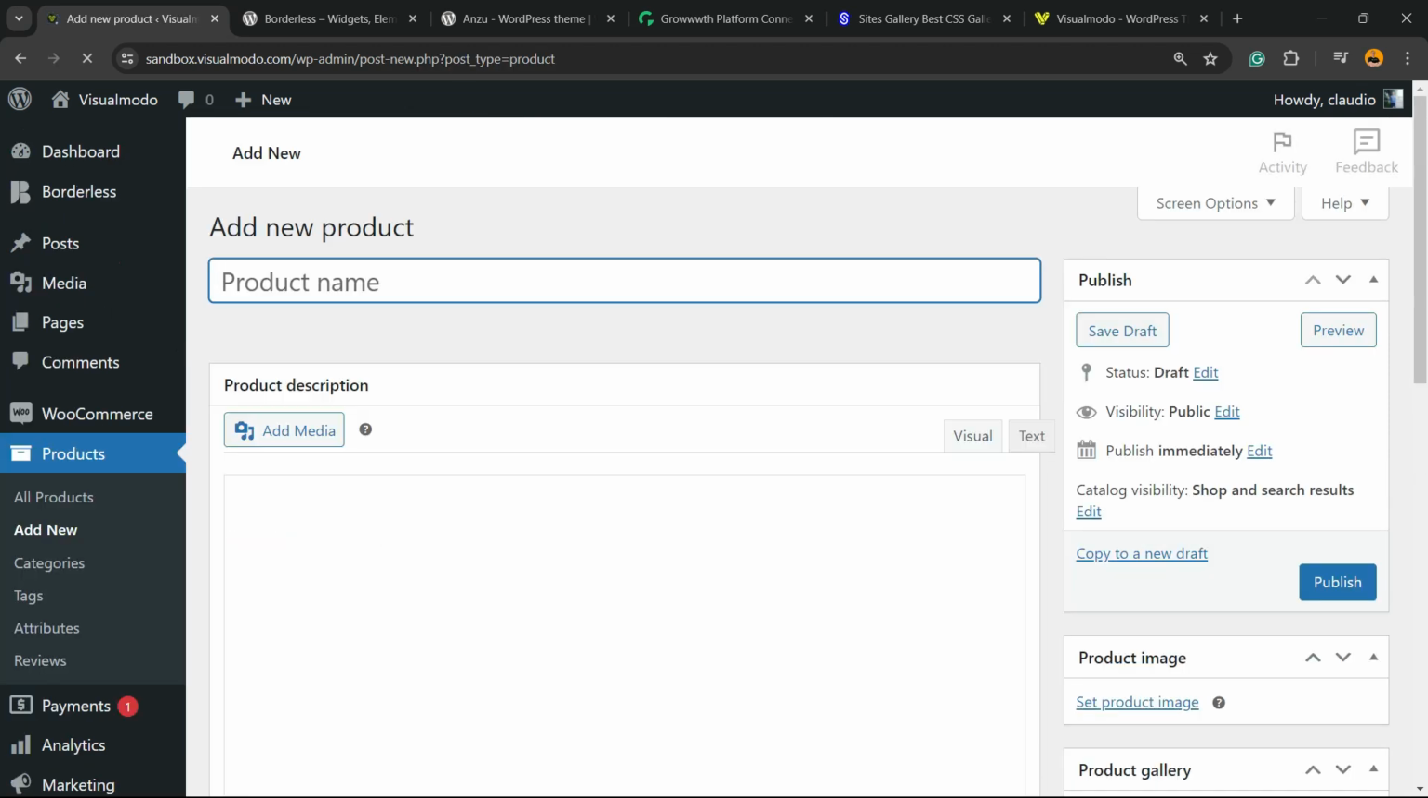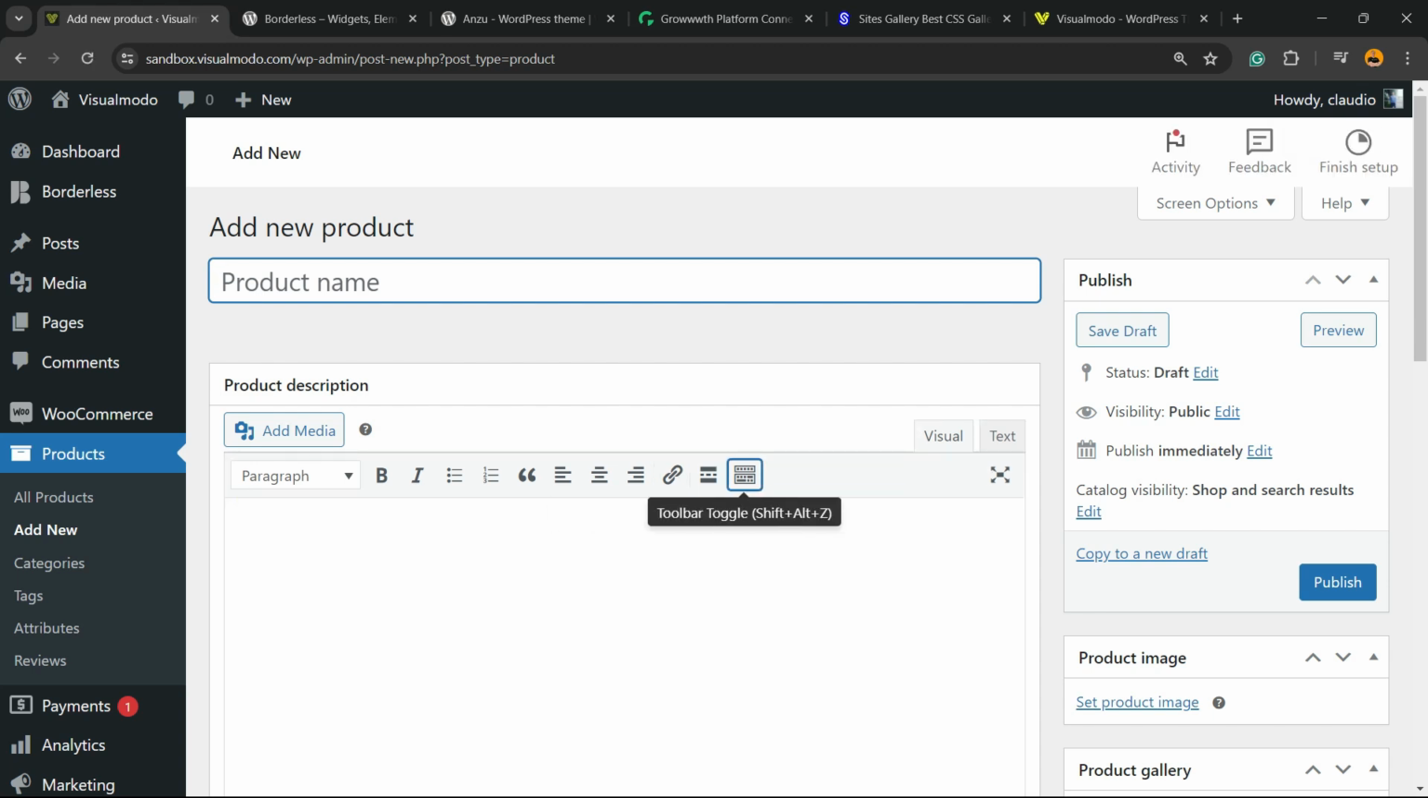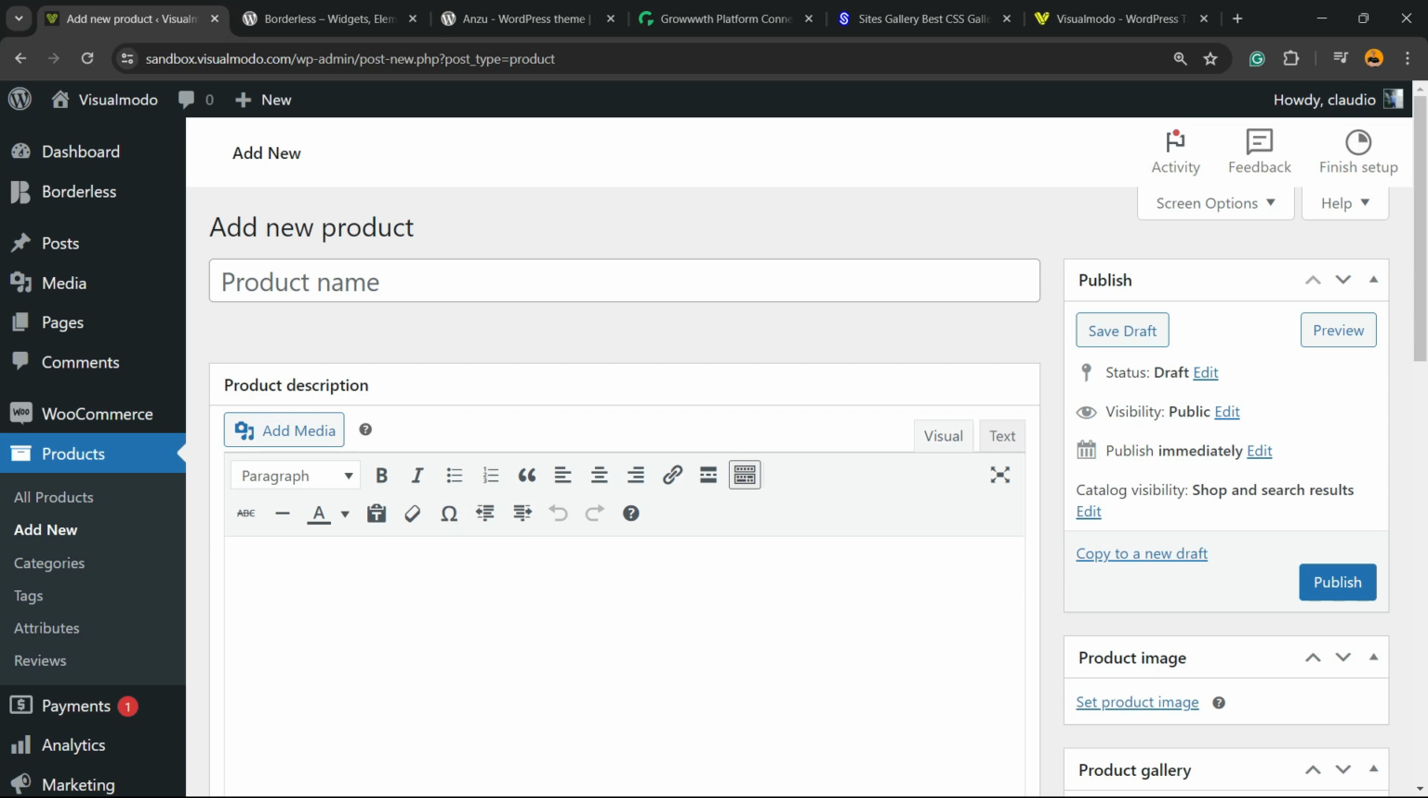Now we're going to be able to see this new field. And the first thing that you can do is click on this button right here. Toolbar Toggle, okay? Shift Alt Z. This is going to show you more options to customize your products. Right here, you're going to be able to enter your